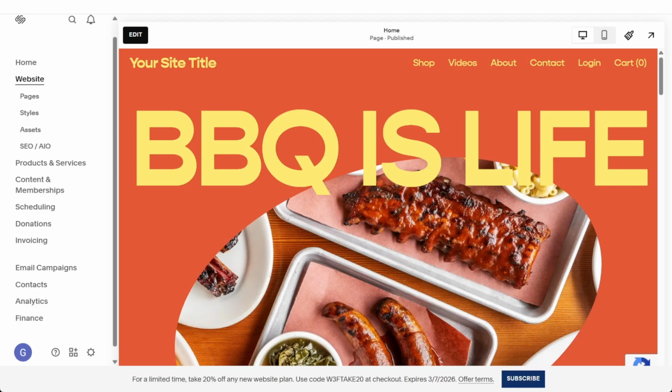In this video, I'll show you how to change your currency in Squarespace. Once you are on your Squarespace website, the first step is to head over to the navigation panel on the left-hand side. And from here, you want to go to the bottom beside your profile and click on the cog